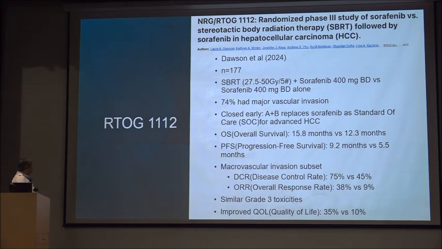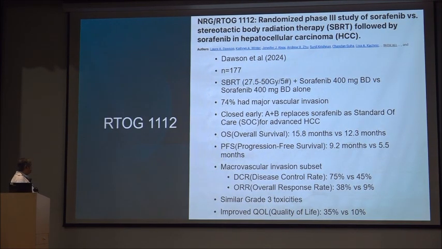Progression-free survival was 9.2 months versus 5.5 months. In the microvascular invasion subset, the disease control rate was 75% versus 45%, and the overall response rate was 38% versus